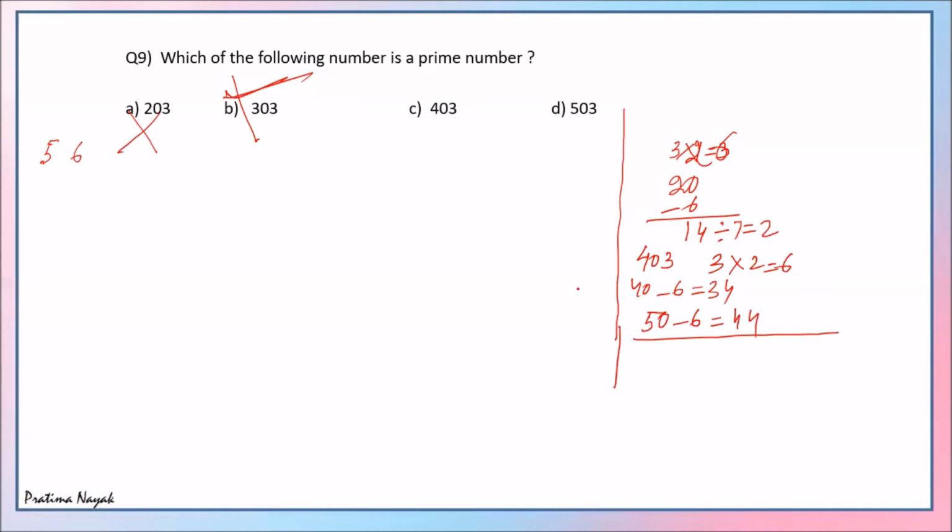So we finish 7. Next we'll go for 11. Take the sum. Is it 11? No. So this is not divisible by 11. No, so they are not divisible by 11. Then we'll go for 13. I'll divide here, 403 divided by 13. 13 threes are 39, 13 ones are 13. So it is divisible by 13. So this is not a prime number. It's a composite number. So what is the rest? Rest is 503. So 503 is the answer.